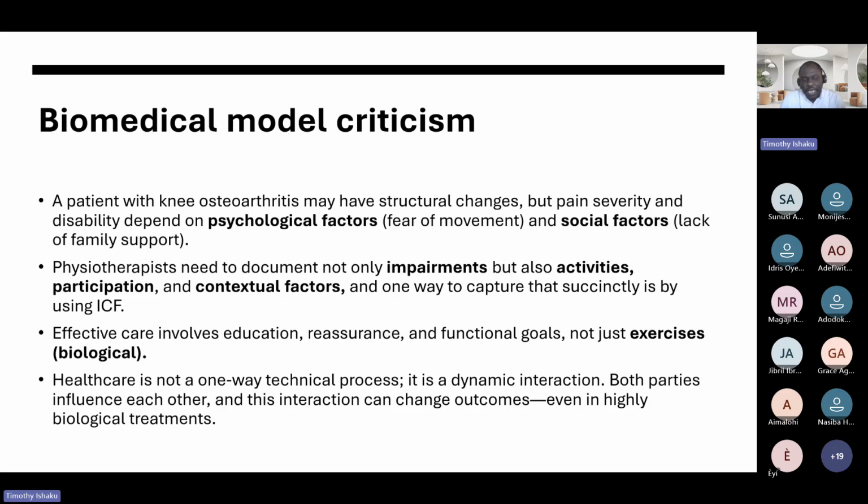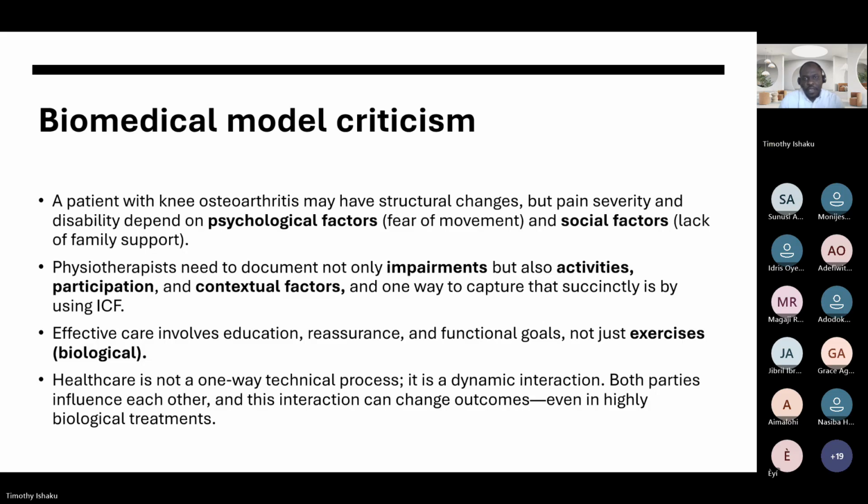Social factors. Lack of family support. When they don't feel supported, they just go in, throw whatever you've given to them, or maybe there is nobody to motivate them. Now, yes, as physiotherapists, we need to document the impairment. So what is wrong with them in terms of the physiological derangement or biological alterations or biochemical alterations. But also, we need to consider the uncaptured in our notes, the activities, the participation, the contextual factors,